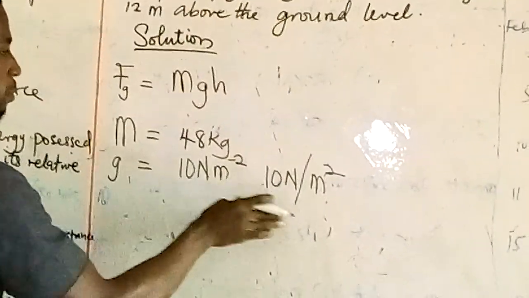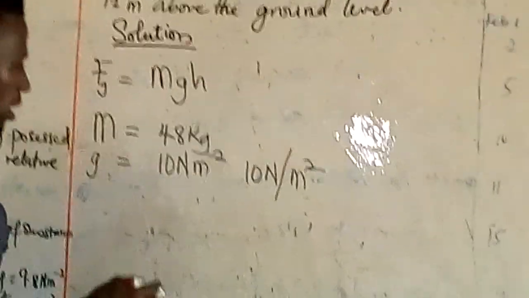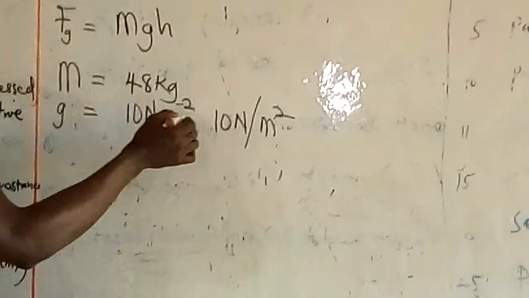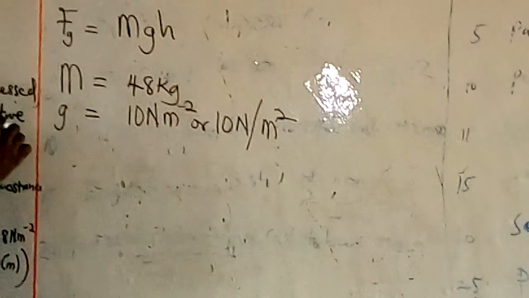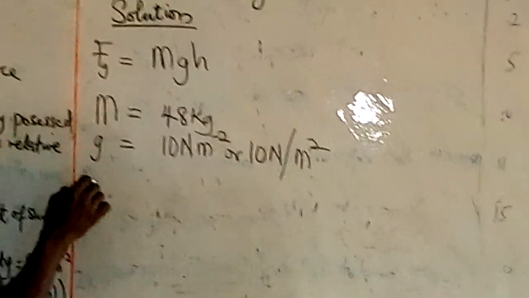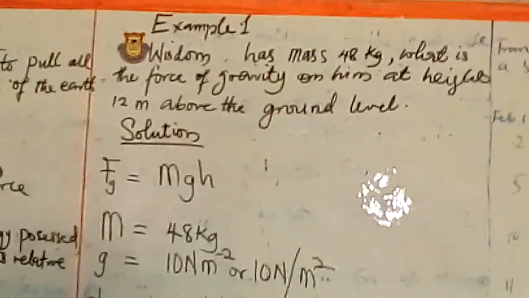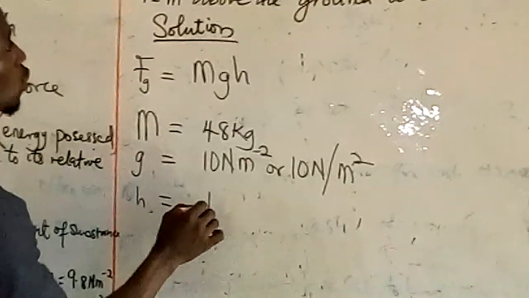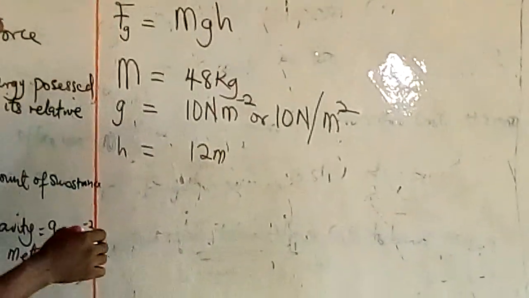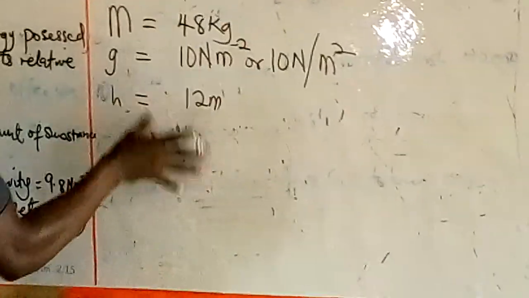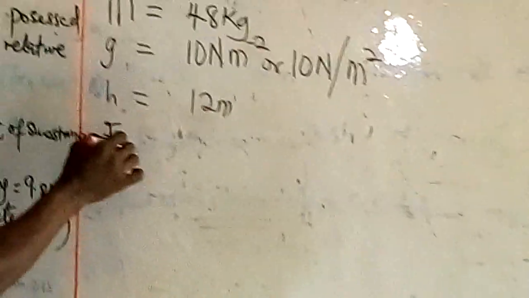Like this or like this. Both of them are acceptable. Now let's look at our height. Our height was given to us as what? 12 meters. So when we incorporate all this information into this formula, we get that Fg, which is the force of gravity, is equal to